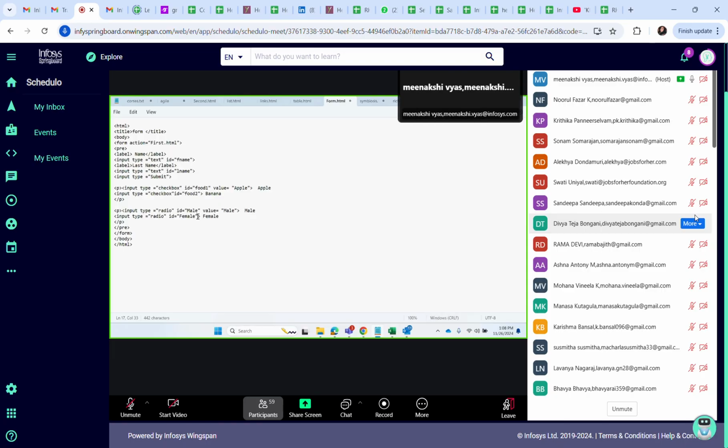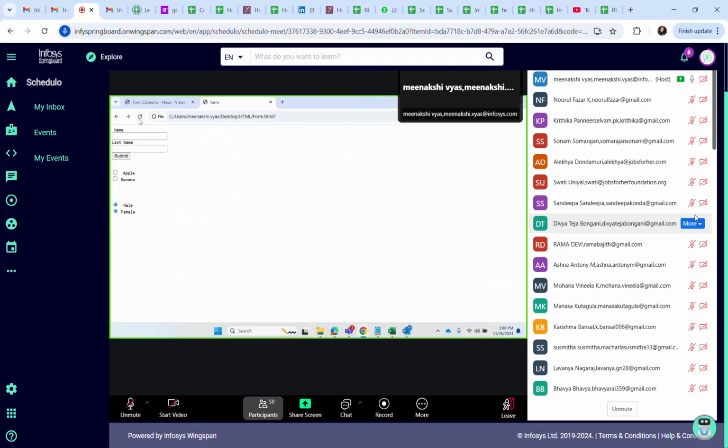Yes, so we have to group. Maybe we have to use a div tag. No, not a div tag. A div tag is simply for reference, right? So there is a name. We have to group it and we have to give the name. So now let's give name as gender. Here also give name as gender. Okay. Now we know that both of the radio buttons are created to collect the information called gender.